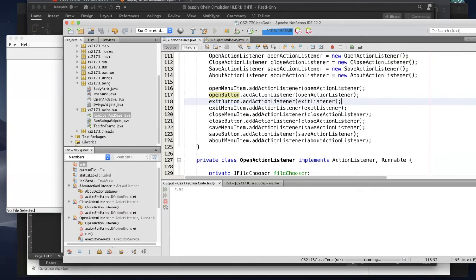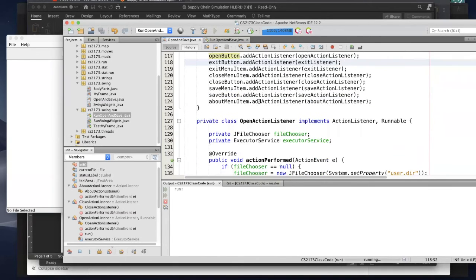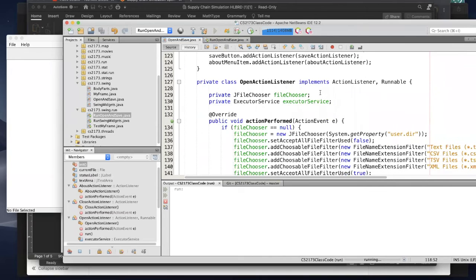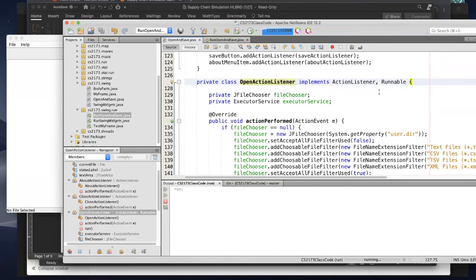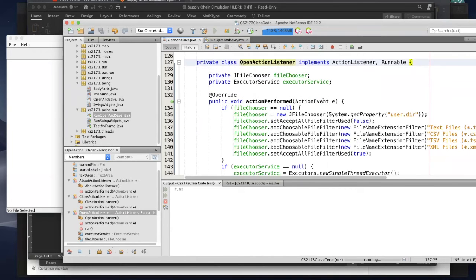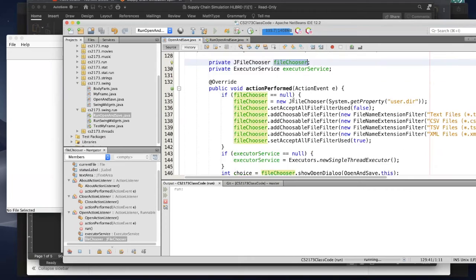Okay, so now that all the listeners are set up, let's look at how we do this. So now here, the open action listener is a class, and because it has a potentially long task, which is reading a file, and actually we'll see an example of that when we try to read a big file, the file chooser needs to be an instance variable